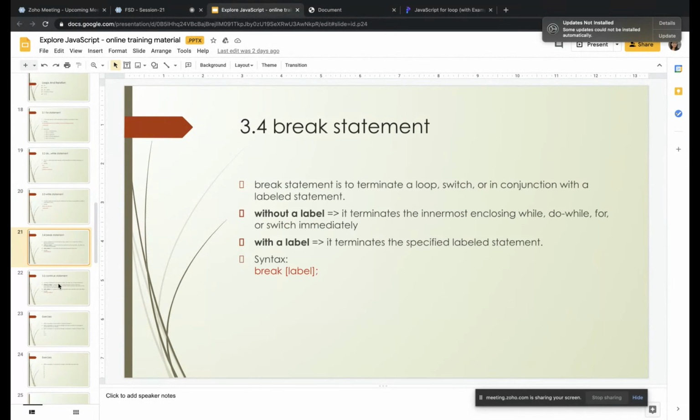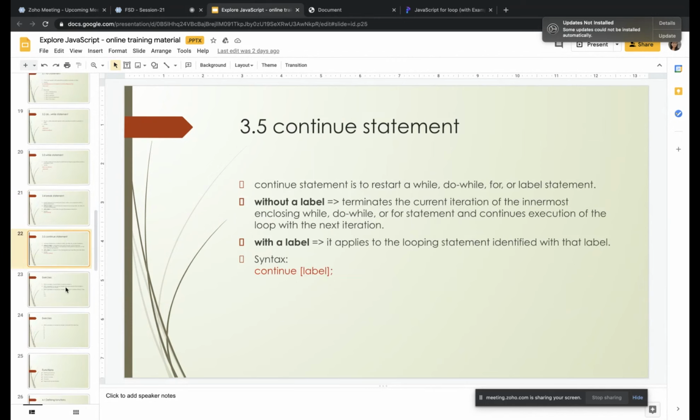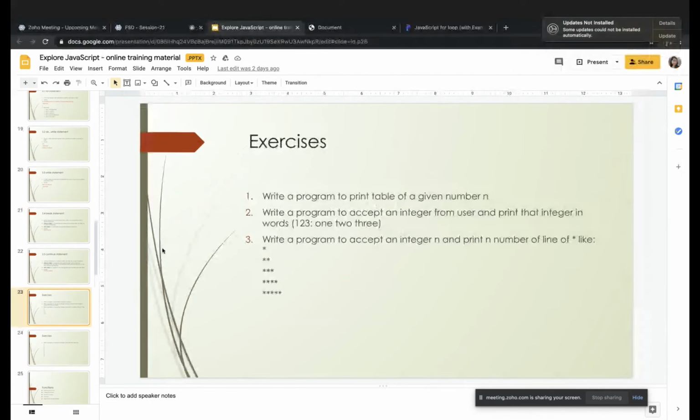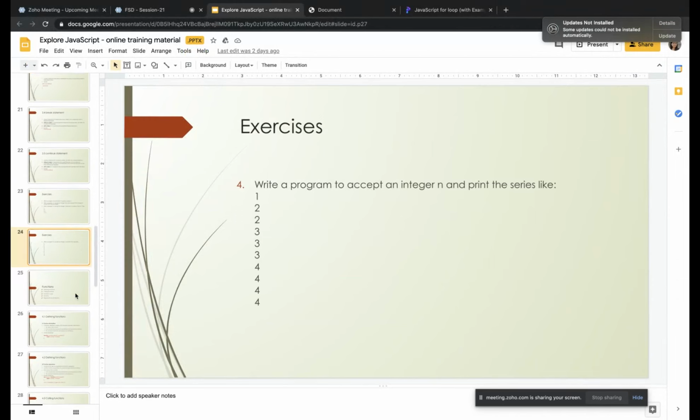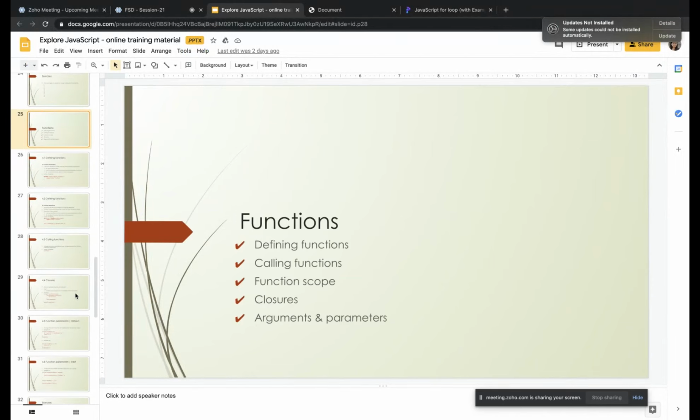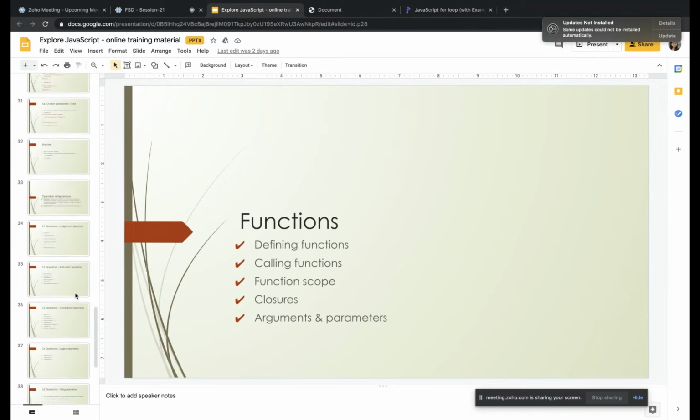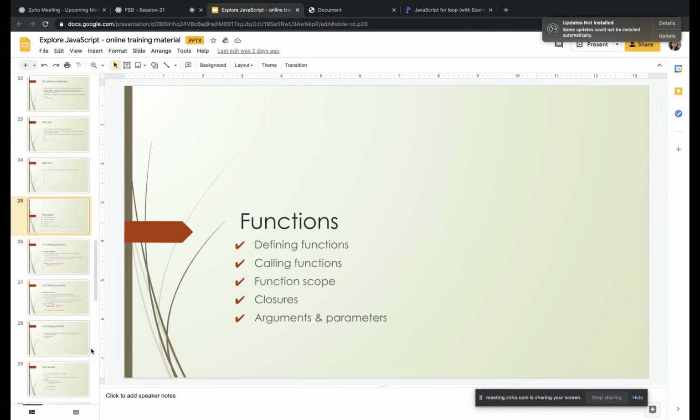We already saw what is break, but still we want to dig into it much. We will do tomorrow. So the only pending concept in this slide is functions. We will see functions tomorrow.